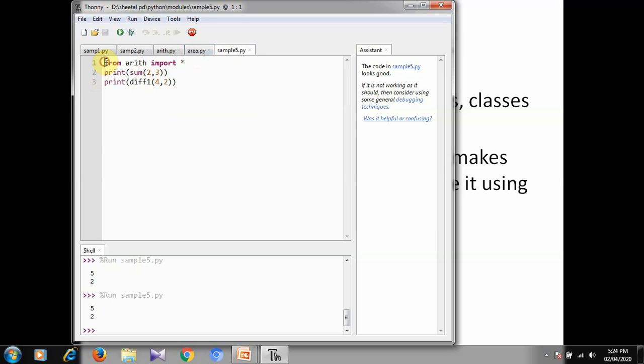Now this is our second module. We will import both modules in our program file: import arith, area. Here our compiler will not identify whether the sum is from arith or area. For that we are required to write the module name here. And here we will print our circle.